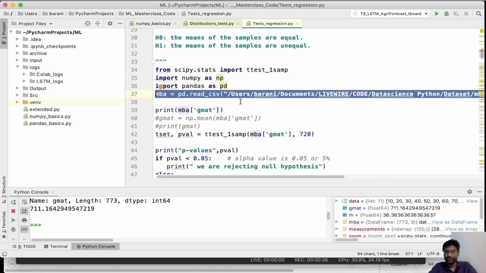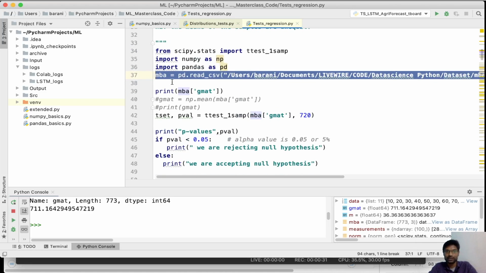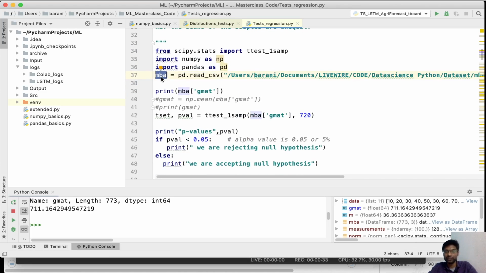This data file you should be familiar with. This is the file which I have already used before. This data MBA is going to be in the form of a data frame that contains 700 plus rows and 3 different columns. There is a column called GMAT in this data frame as well. And this value of GMAT, the purpose of this t-test is to